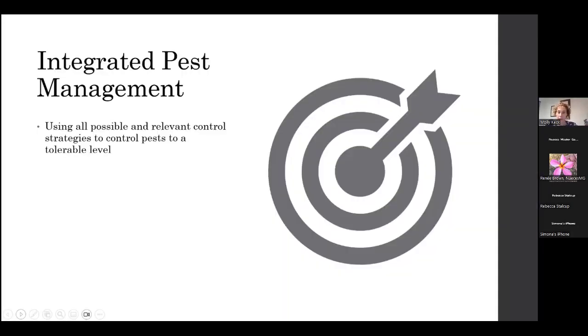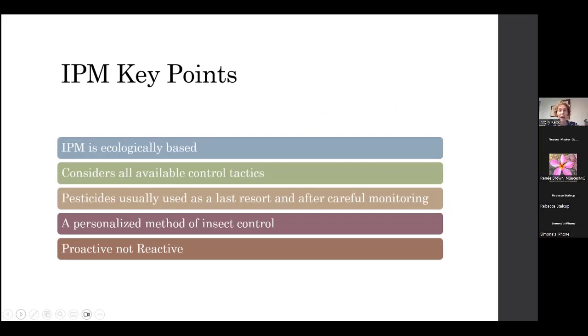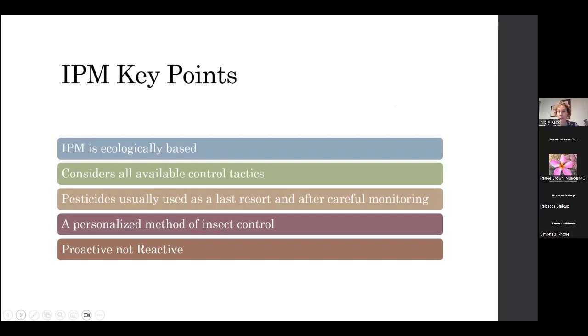So we're talking integrated pest management. And like I said, the simple definition is use whatever's available to you and relevant and works to bring pests to a level that you can tolerate. And that's kind of key because everyone's tolerance is different. I have a very high level of tolerance of insects. I just do. My feeling is if that plant's going to be eaten by those insects, I planted the wrong thing in the wrong situation or something else is going on. But I know other people don't. I am kind of like, let nature do its thing and step in when